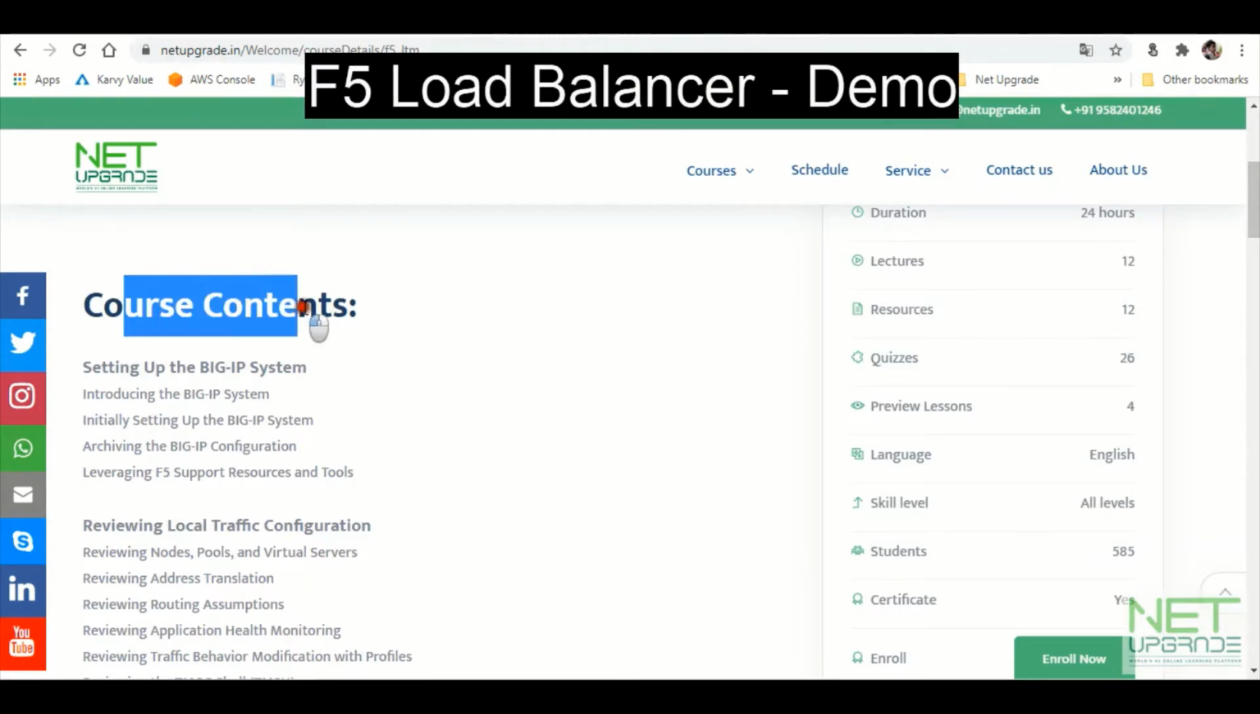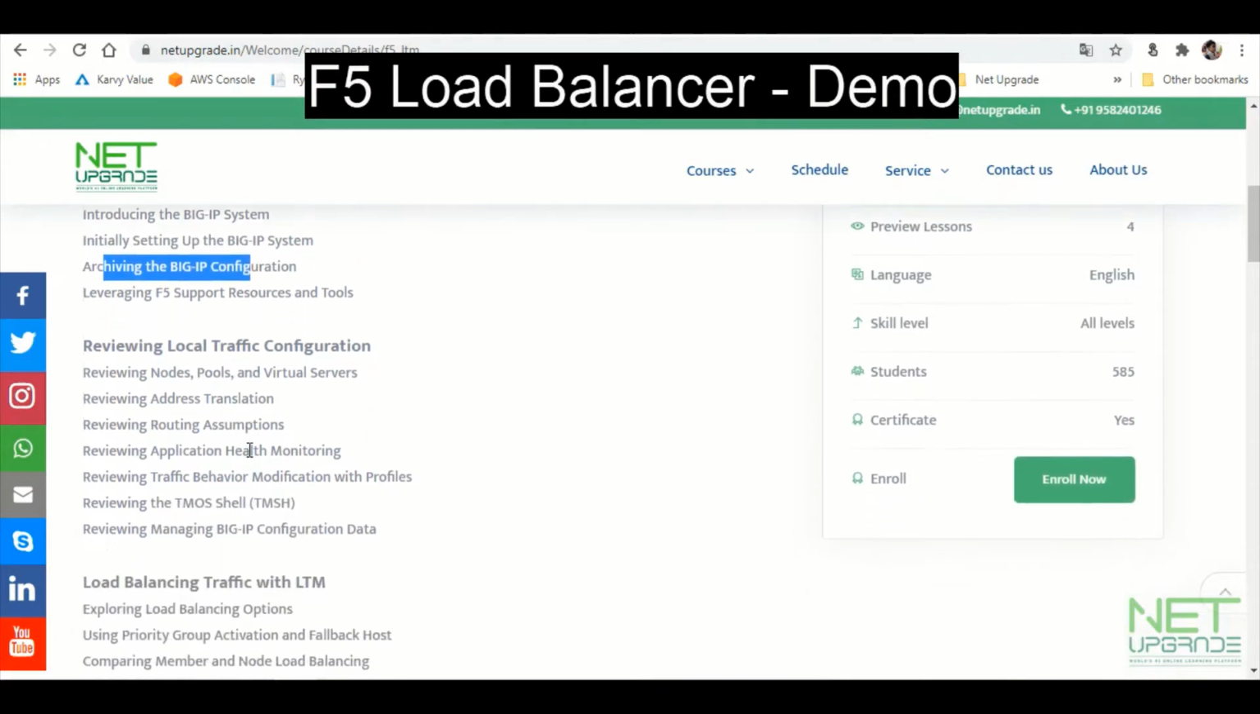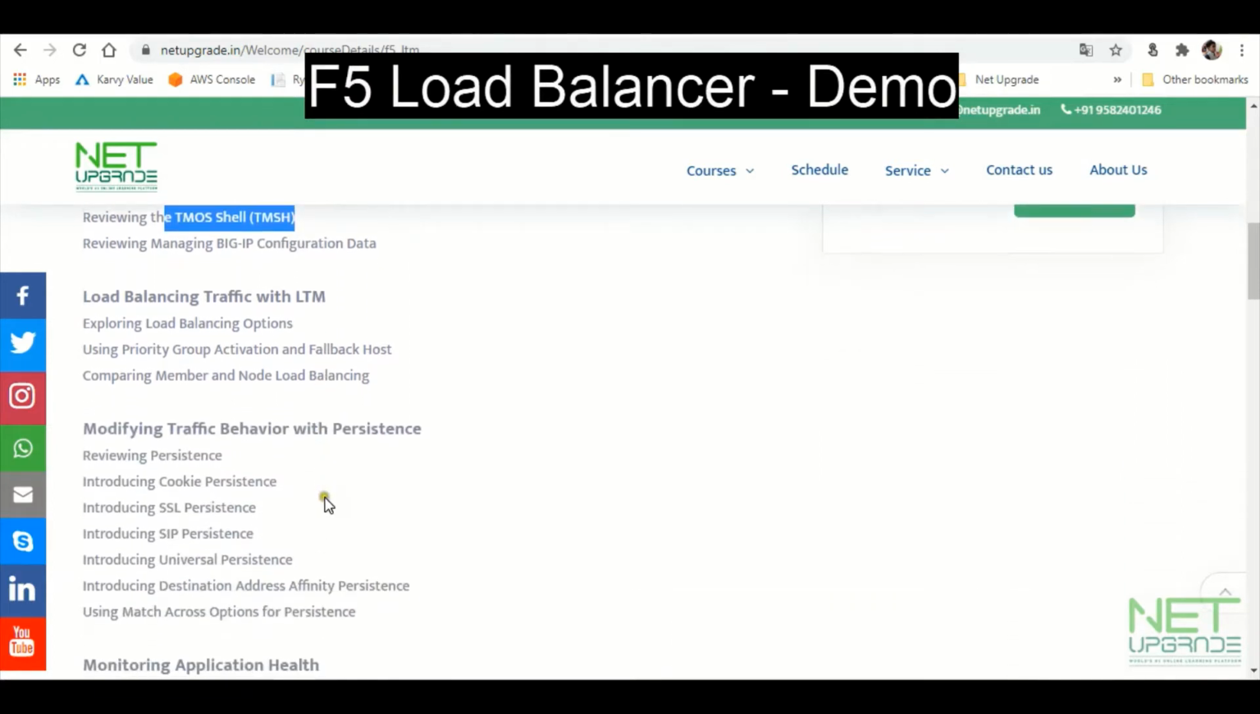how to set up the initial F5 configuration, how to take backup, how to do archive, what are the various components, what are nodes, pools, virtual server, how to do the address translation, what is the routing assumption, how to monitor the application health, what is TMO setting, and then we'll move to